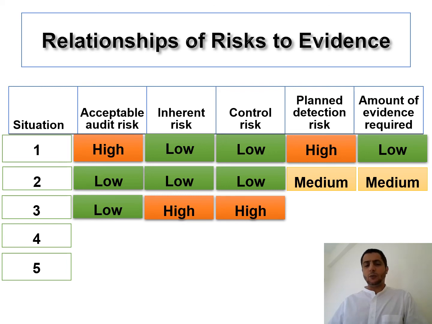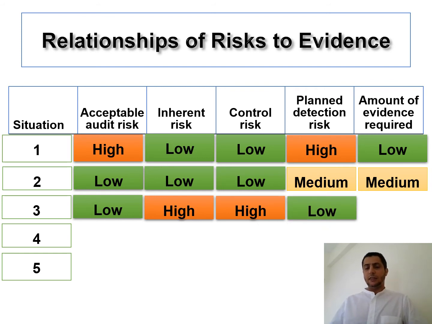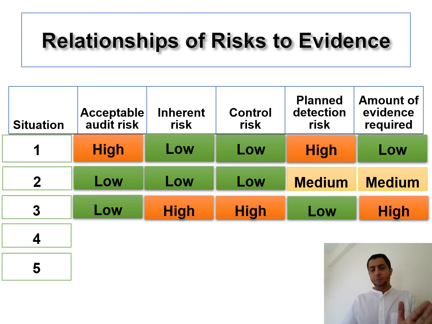Then we have situation 3, with low acceptable audit risk. Auditors set the acceptable audit risk at a low level, and inherent risk and control risk are high. This will drive a low planned detection risk, and also a high amount of evidence required. So we can see here that control and inherent risk have an inverse relationship with the planned detection risk, and a direct relationship with the amount of evidence required, whereby acceptable audit risk has an inverse relationship with the amount of evidence required